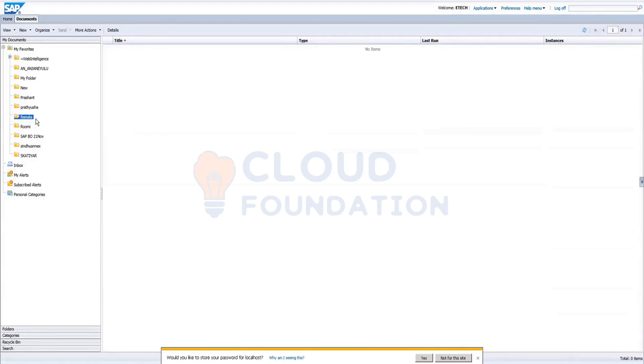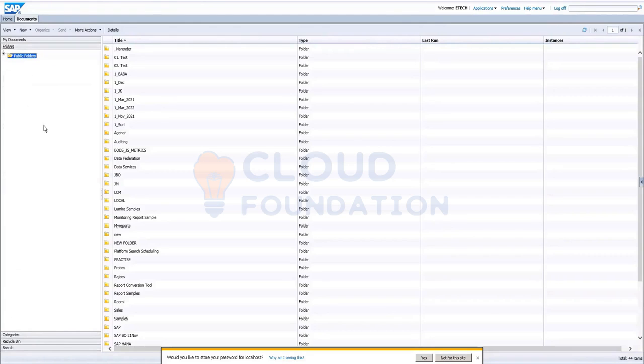In our day-to-day work in the IT industry, in companies, the reports under My Documents are only accessible to us, the individual user. But if we save those reports in the public folders, they are accessible by everyone, like users or clients, based on their role and access level.